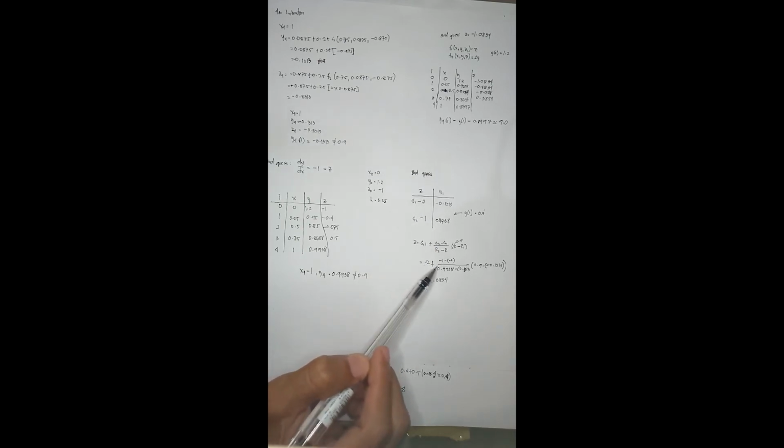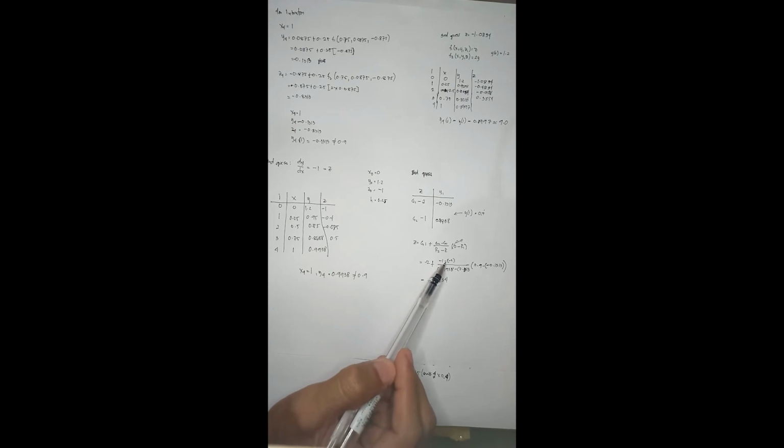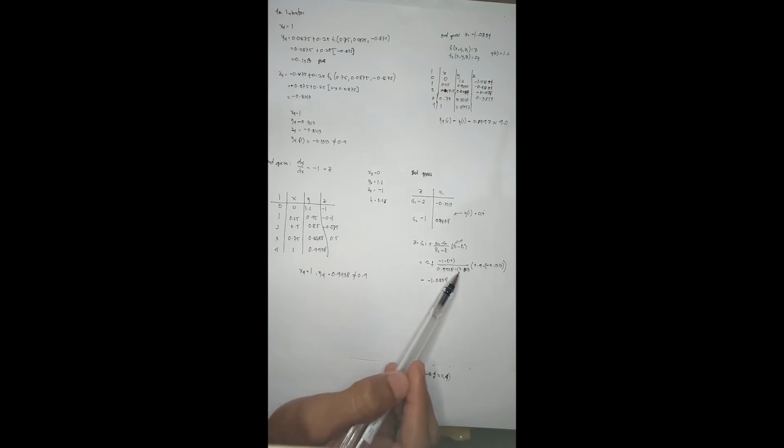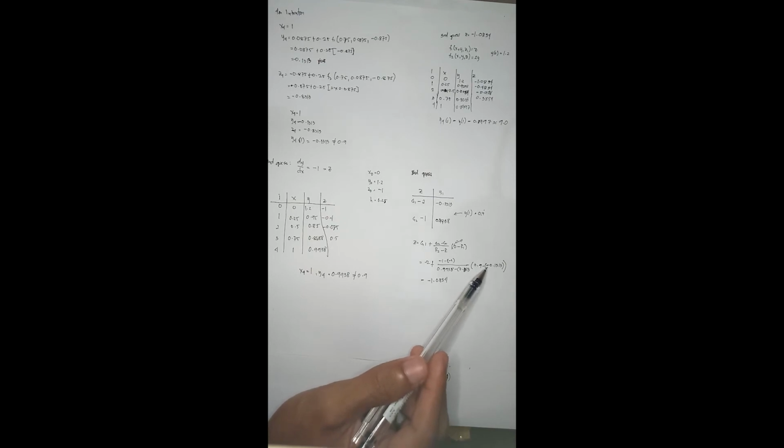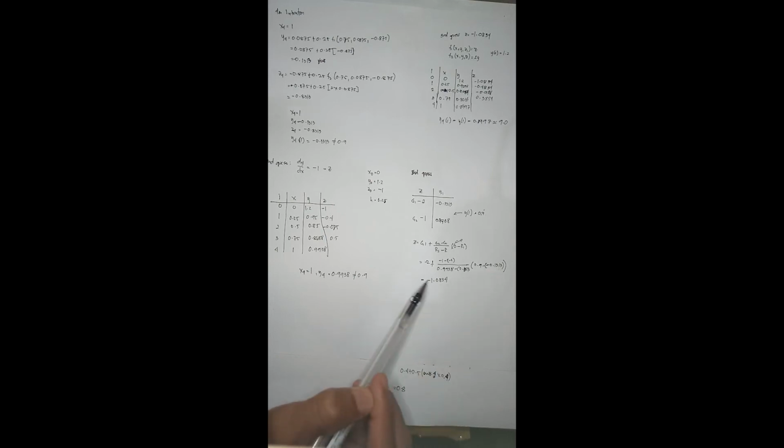It is equal to negative 2 plus (negative 1 minus negative 2) over (0.9938 minus 0.1313) times (0.9 minus negative 0.1313), which is equal to negative 1.0834. Using this, negative 1.0834, with our third guess, we can get